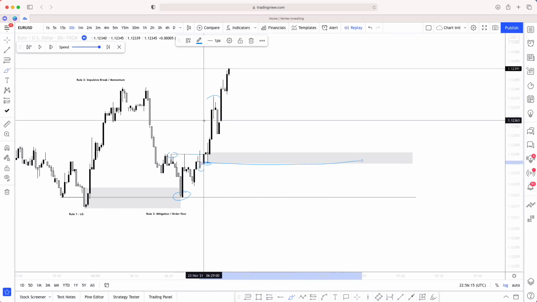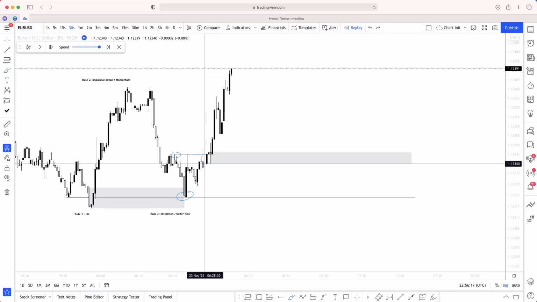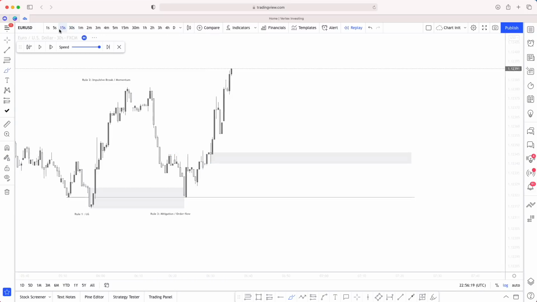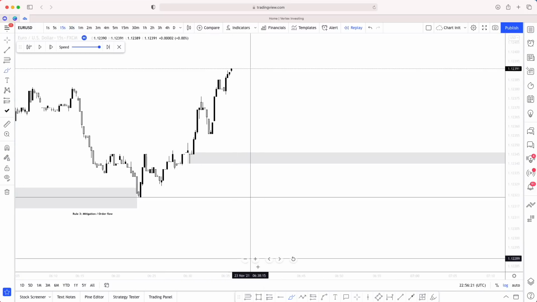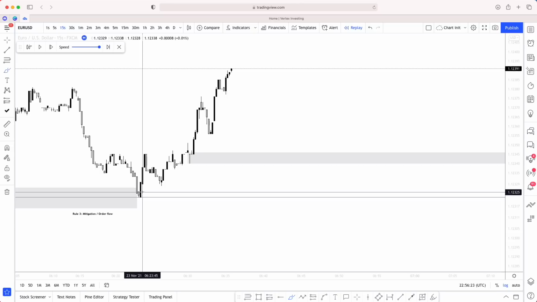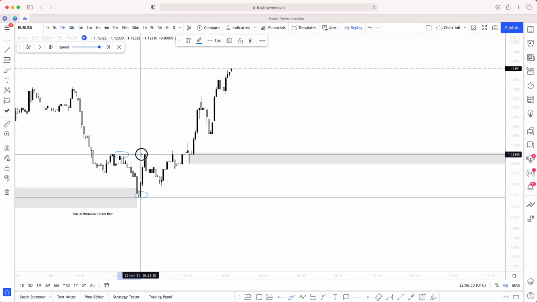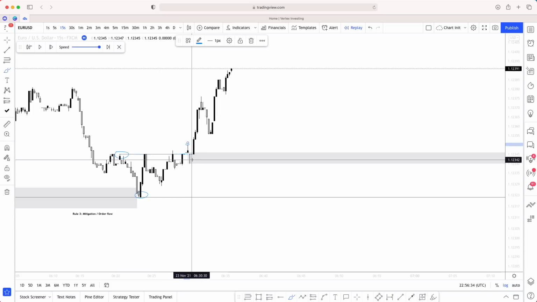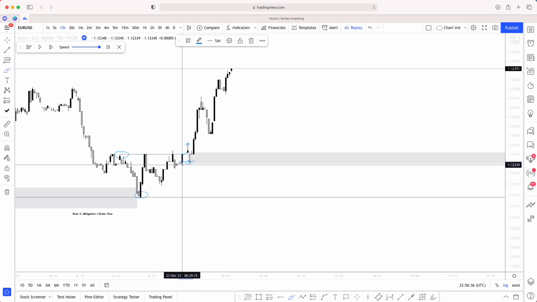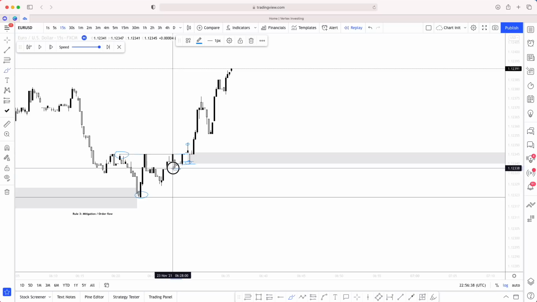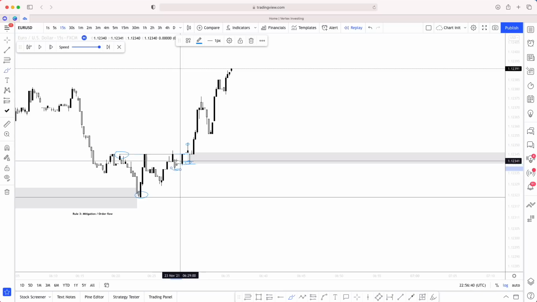But I think when I flicked to 15 seconds, that was clearer. Yeah, okay, this is clearer. So in this situation, we have the low, we have the high. This high eventually gets broken here, and then we create this high. Then we have this mitigation point because this low created this high from this OB here. Let's say that's the whole OB.